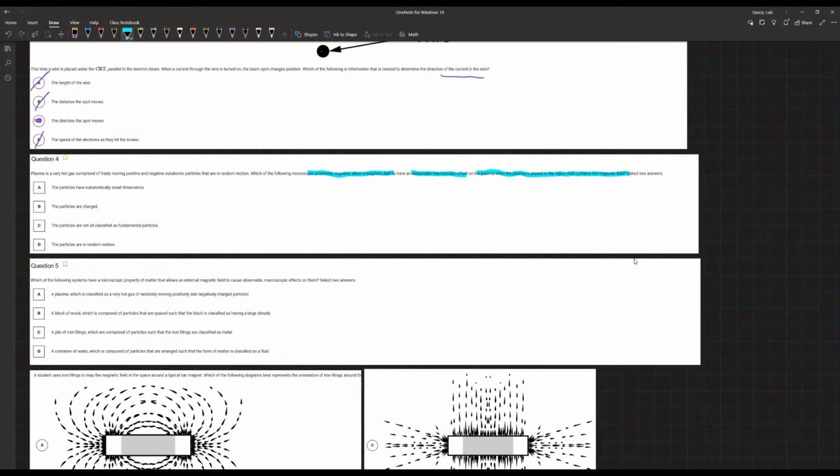So we're looking for microscopic properties that allow us to see macroscopic effects. Basically, we can see things move. And so the particles have subatomically small dimensions? Not necessarily. We've seen that for